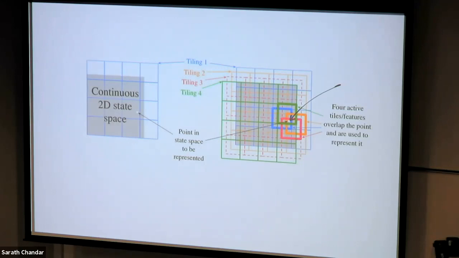Now you can easily see that if I just move a little bit here, it is going to be represented by 4 other tiles, right? So now the tile features between tilings share some knowledge, which means you are learning from one state to another state. Yeah. Isn't this the same as using smaller tiles and each small tile has a different